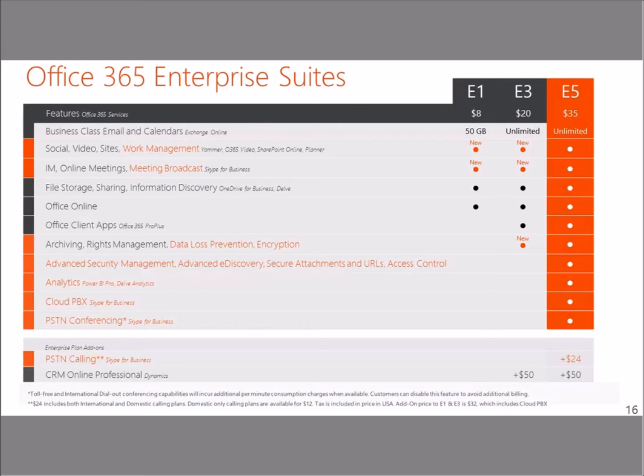The licenses, again, the different bundles, different prices, but folks that want more of the Skype phone capability will need the E5 CAL. And as you're looking at the licenses, especially if you're new to Office 365, keep it in mind. It will help you navigate through the barrage of license options. It's included with bundles. So if you have, let's say, CRM in Office 365 and are now looking to move Exchange there, you may be better off with a bundle since your costs for the CRM CAL can drop with a bundle. So keep it in mind if you're looking to add any type of Office 365 service or moving there.